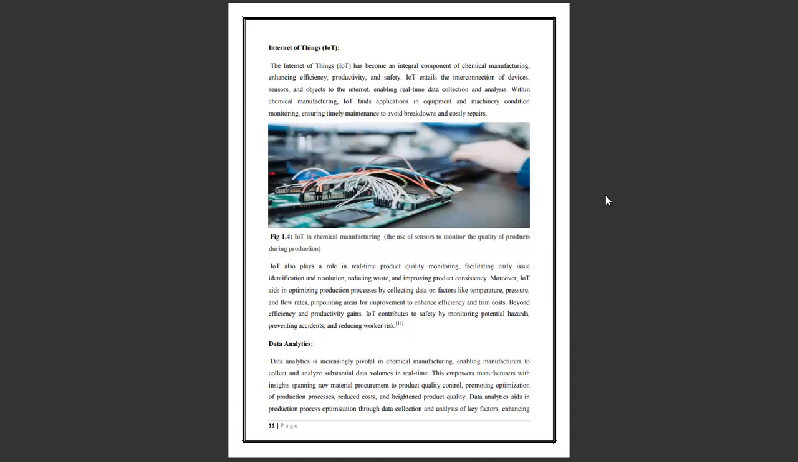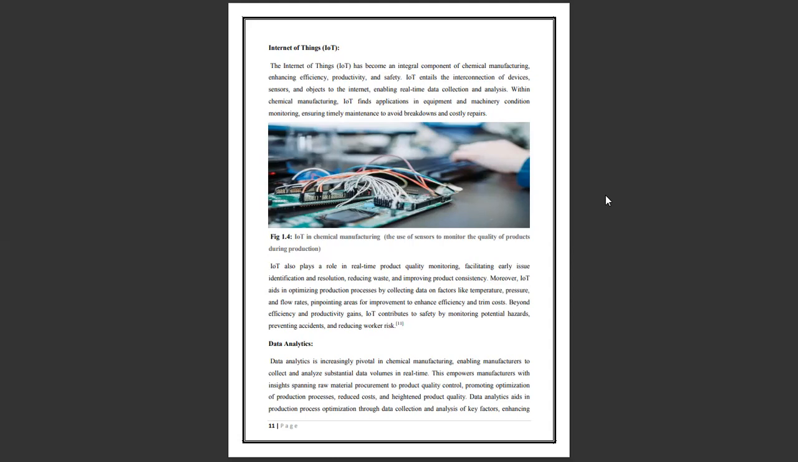IoT finds application in equipment and machinery condition monitoring, ensuring timely maintenance to avoid breakdowns and costly repairs. Figure 1.4 shows some IoT in chemical manufacturing. It also plays a vital role in real-time product quality monitoring, facilitating early issue identification and resolution, reducing waste, improving